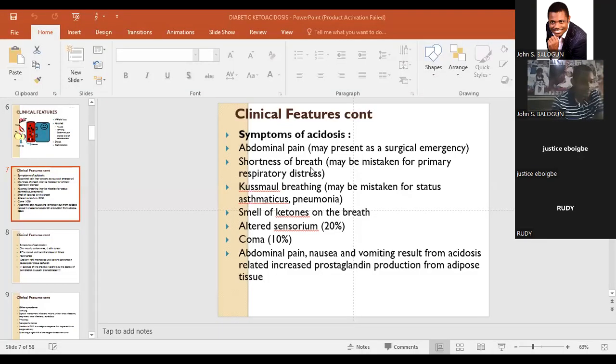Okay, so I will go to the clinical features now. What are those clinical features that the patient might present with, those who have diabetic ketoacidosis? So let me put up this slide now. Okay, have you seen the slide? Okay, so now